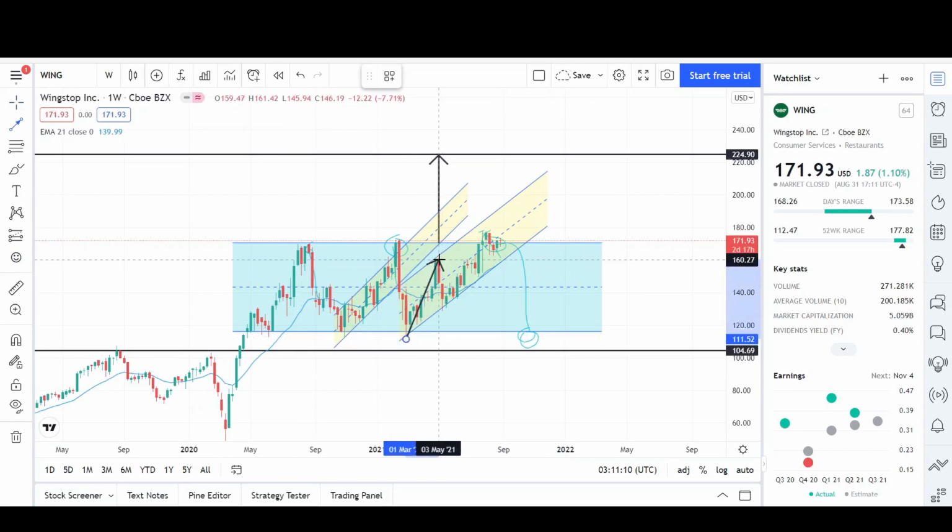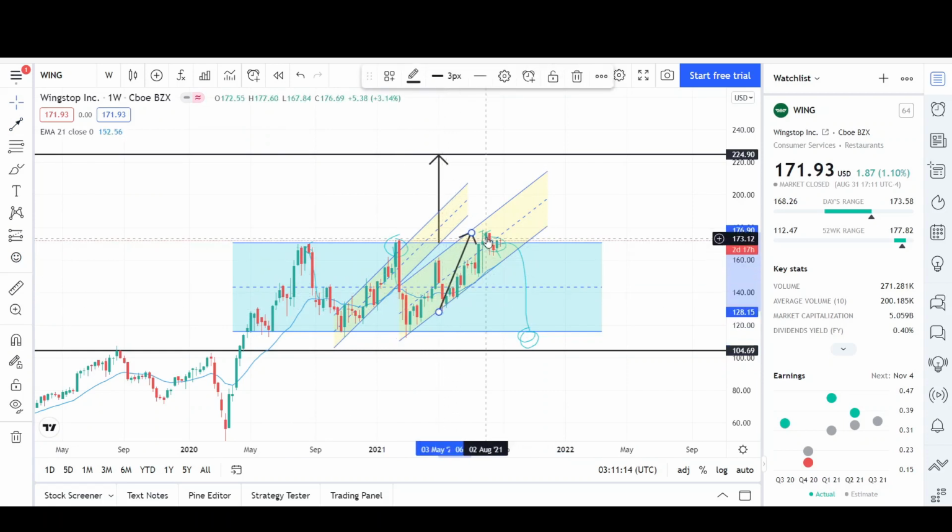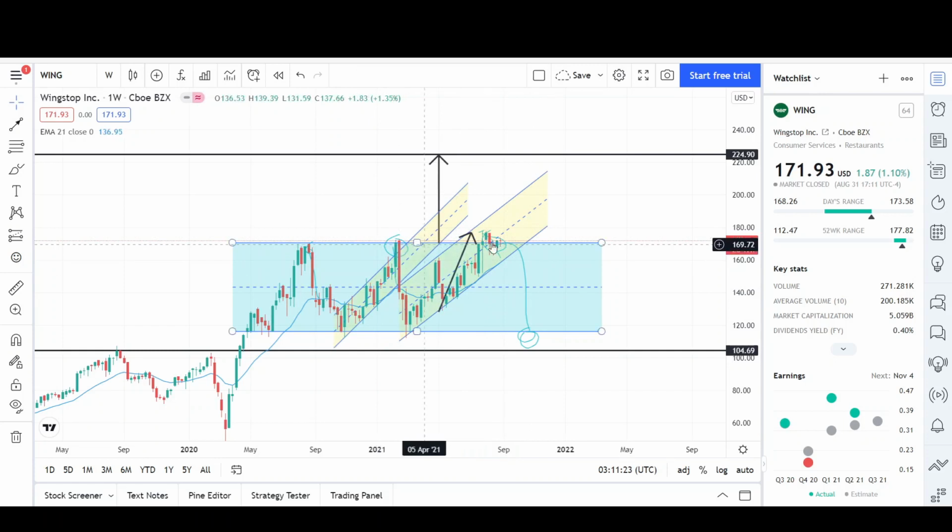See how we had that first leg up, and if I move it to the bottom of the correction, when prices started to trend back higher, it's pretty much a perfect measured move. So that's where we're just moving sideways here. Buyers and sellers don't know what to do yet. It's kind of indecision right now, but I'm a little more biased towards the lower side just because we had